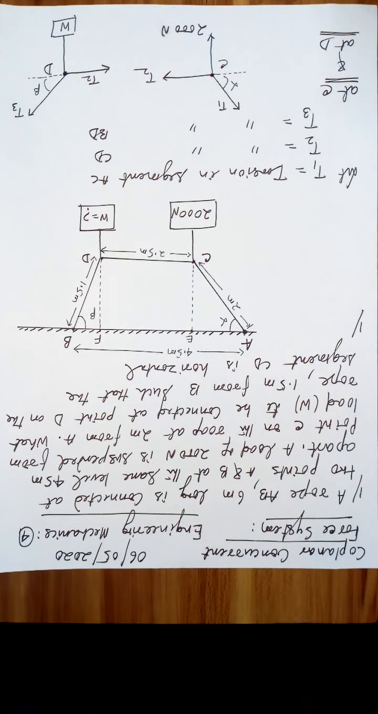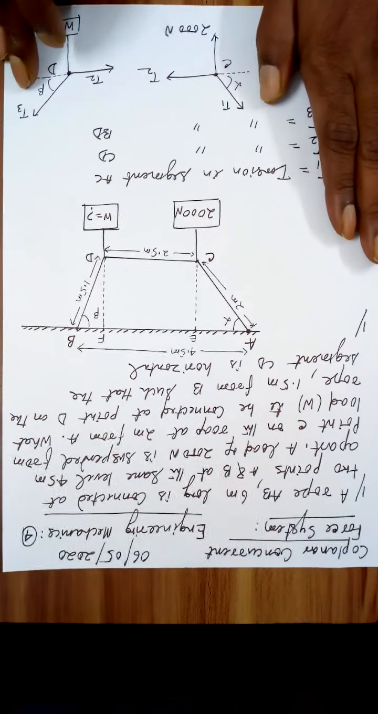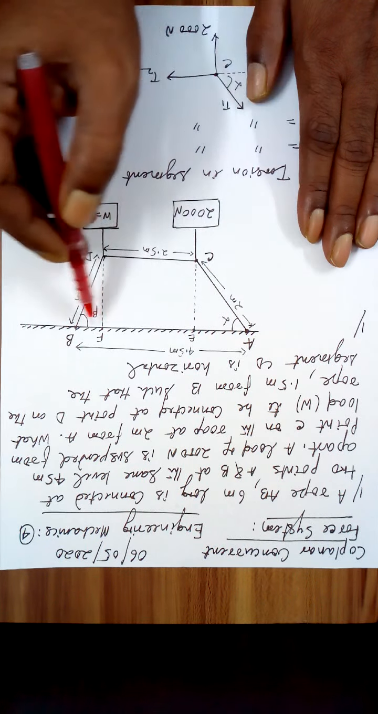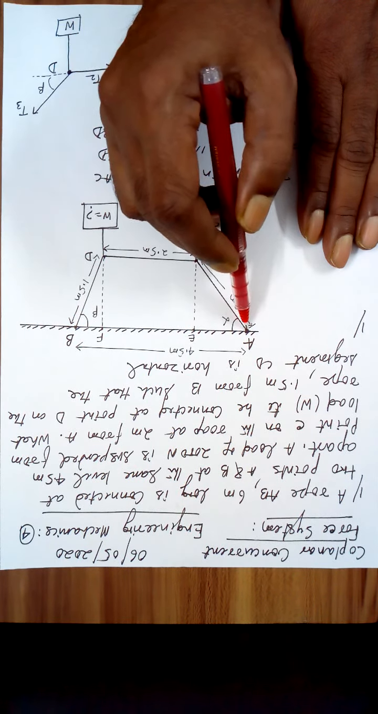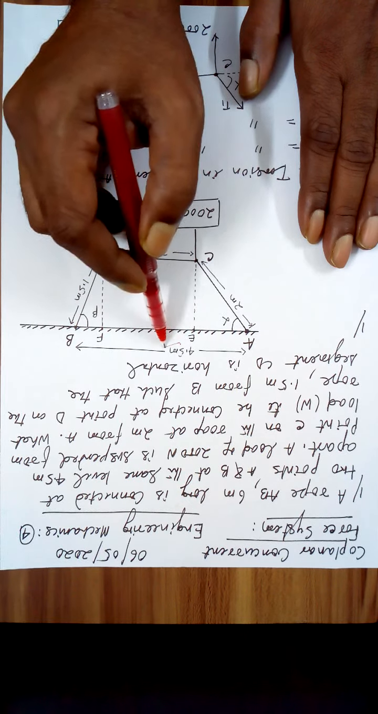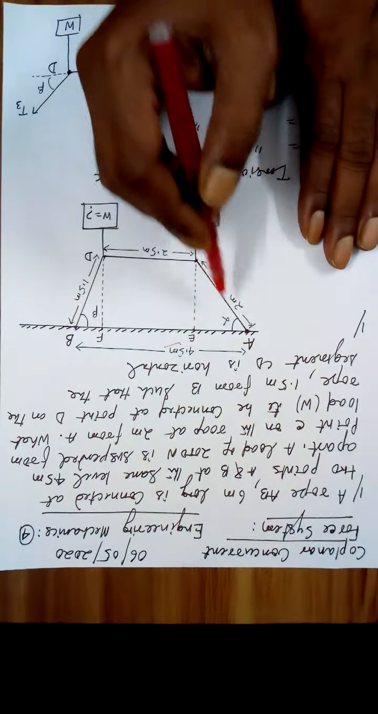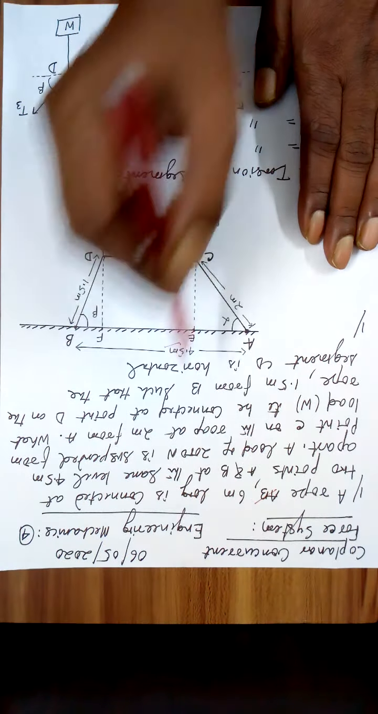Let us do another numerical problem on engineering mechanics. Look, A is a fixed point, B is a fixed point. The distance between them is 4.5 meter, right? A rope AB, rather you say a rope